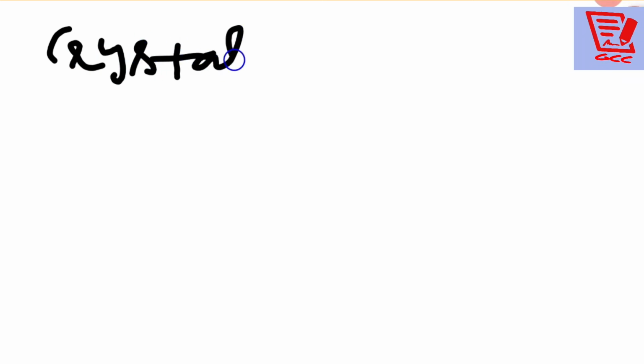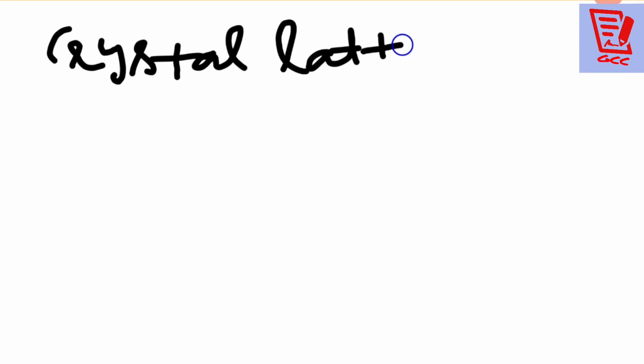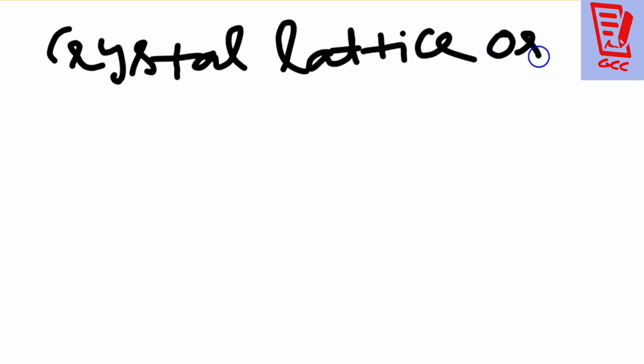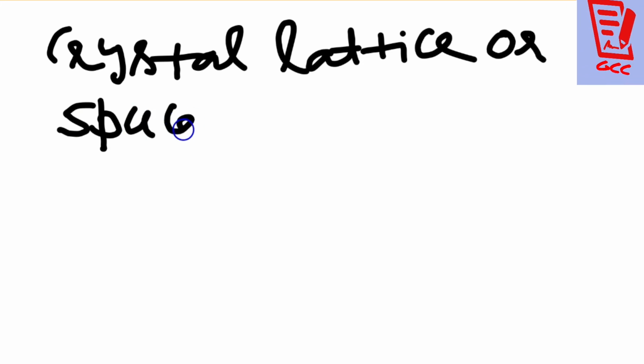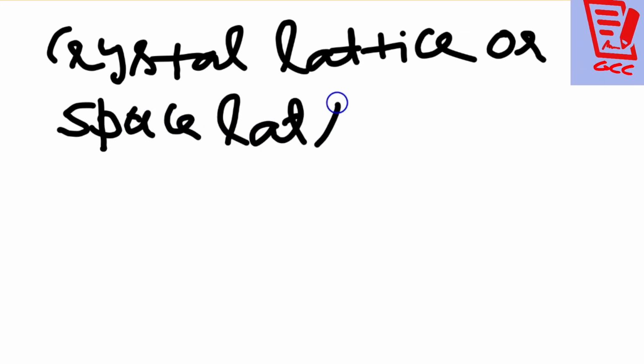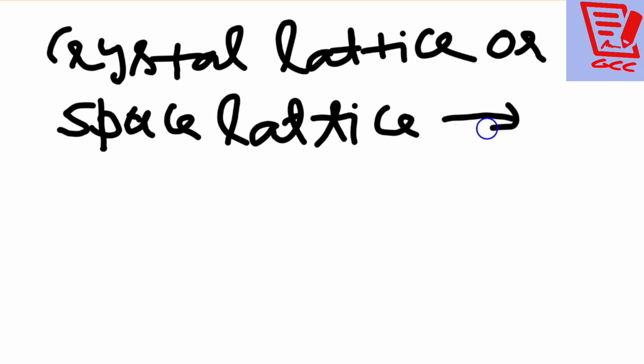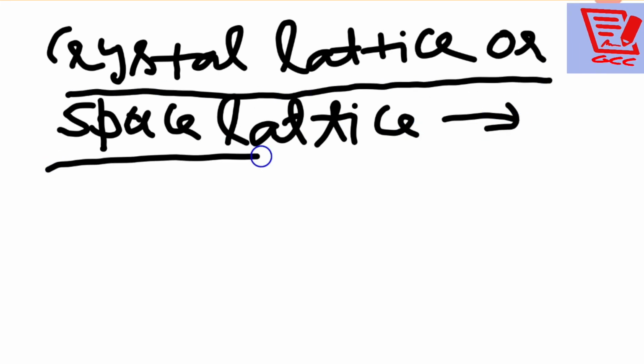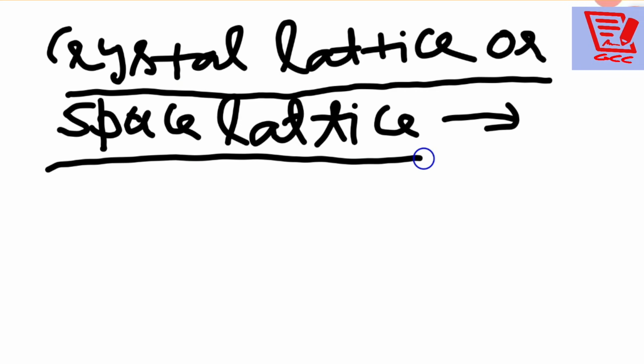Let's start. Today we are going to study the next topic in the solid state, that is crystal lattice or space lattice. Whenever we are talking about the crystal lattice or space lattice, it is in three dimensions, and usually what we write for it is that it is a regular arrangement